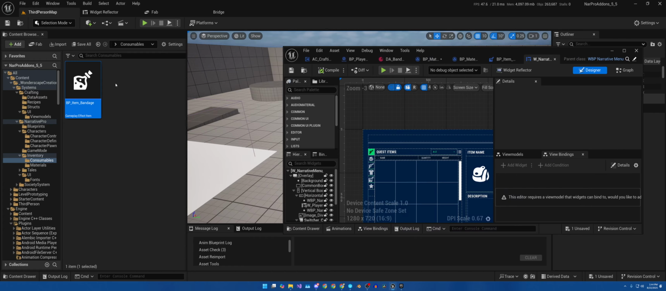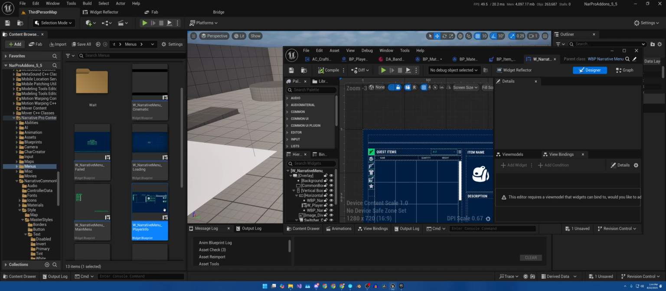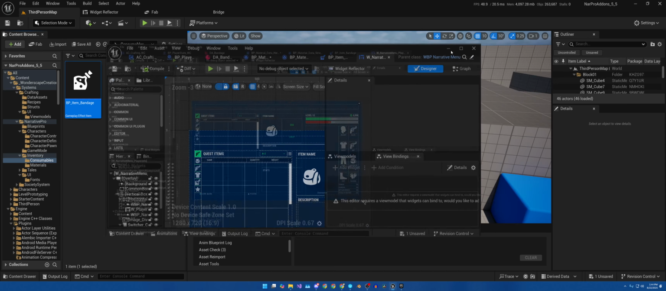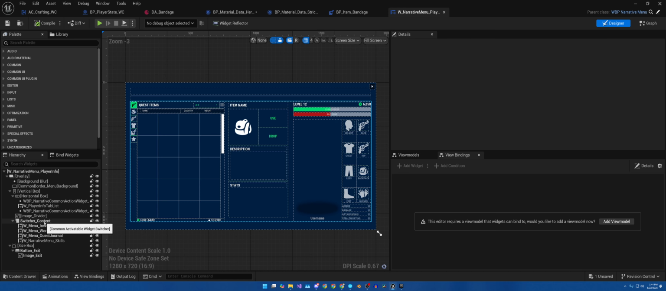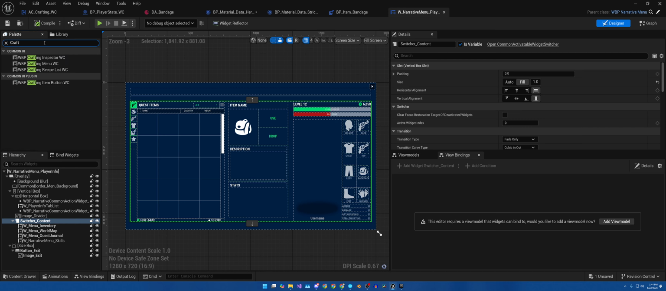Here, let's do it this way. Click right here. Search Narrative Pro content, menus. Right there. That easy. Now, once we've done that, we need to add to the switcher content. So we're going to find craft, to find the crafting menu, add it to the switcher content,